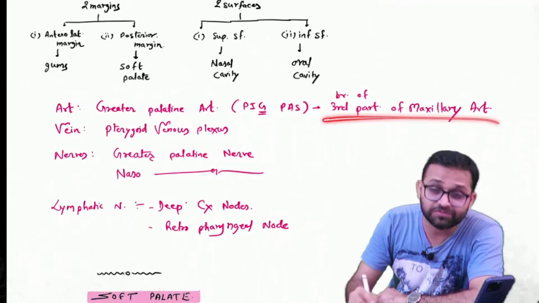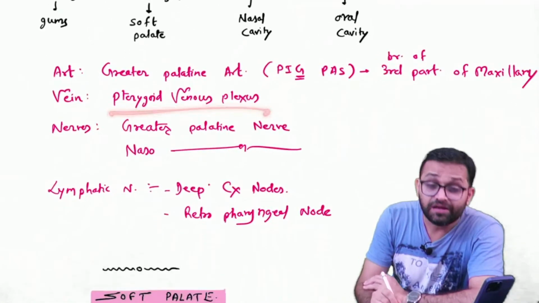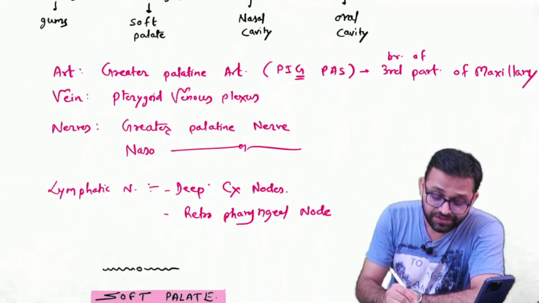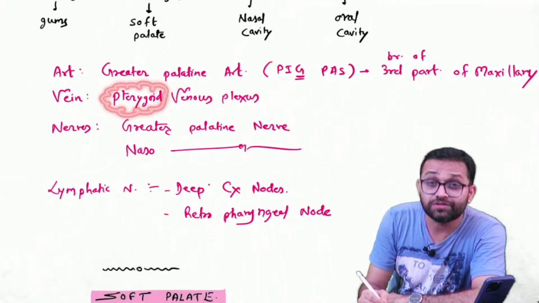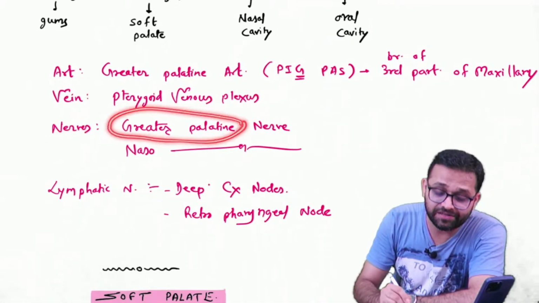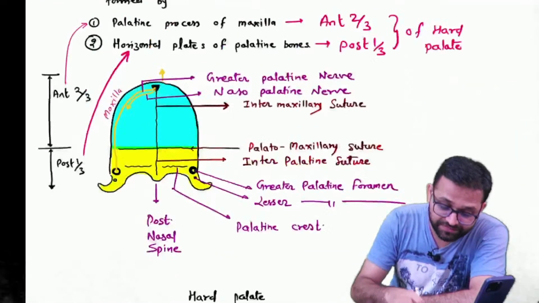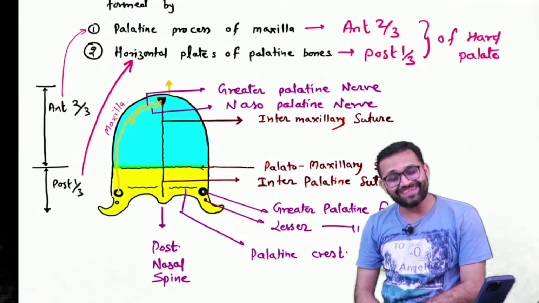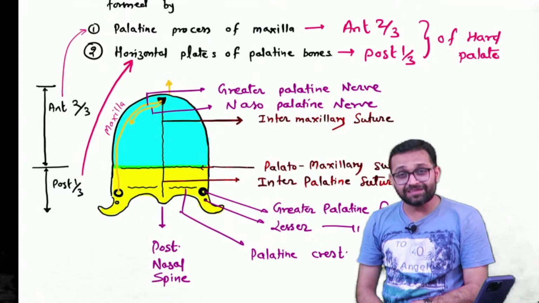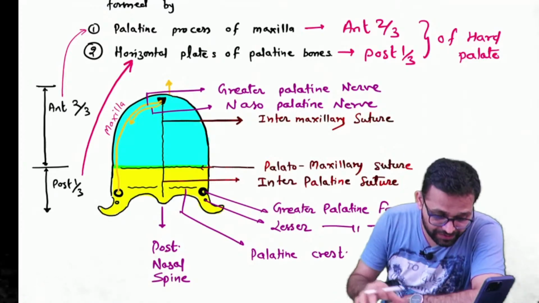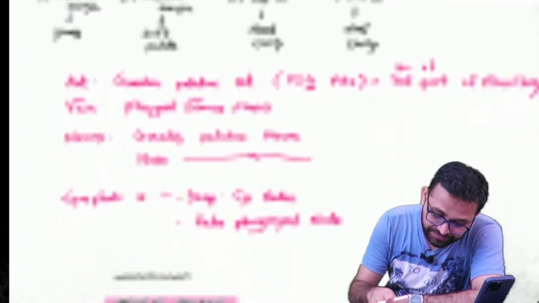Okay, sir. So the third part of the maxillary artery is here. Vein, pterygoid venous plexus. Break the name. It is the venous bunch, okay, sir, which is around the pterygoid muscle. What is the name? Pterygoid venous plexus. Now, sir, definitely greater palatine nerve, nasopalatine nerve. So you can see, sir, there is our greater palatine nerve and nasopalatine nerve. Yes, the nerve supplies the area where it runs and flows. So the nerves which are related at this area, greater palatine and lesser palatine. Simple. Okay. Now look further.